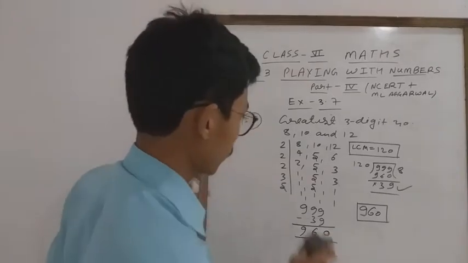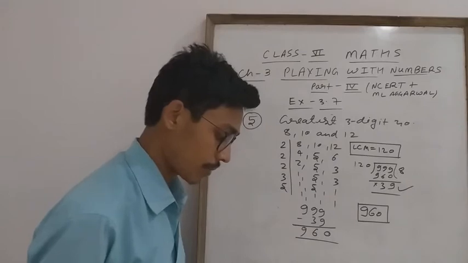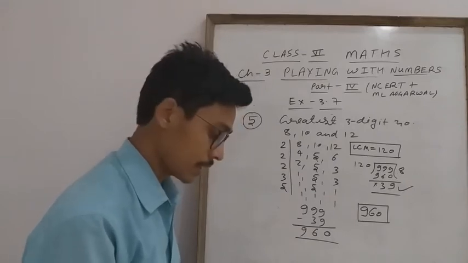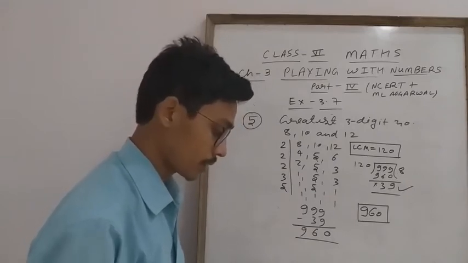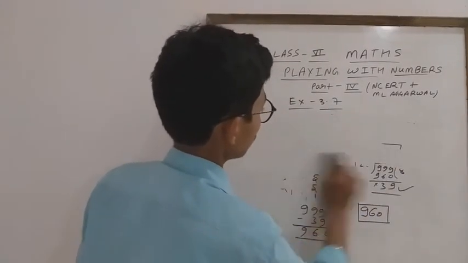Clear, everyone? Okay. Achha, question number 10 is given: find the LCM of the following numbers and observe a common property. So first we will find out the LCM. Now, LCM is the product of two numbers. So let us see question number 10. Again I am going to explain question number 10, students.